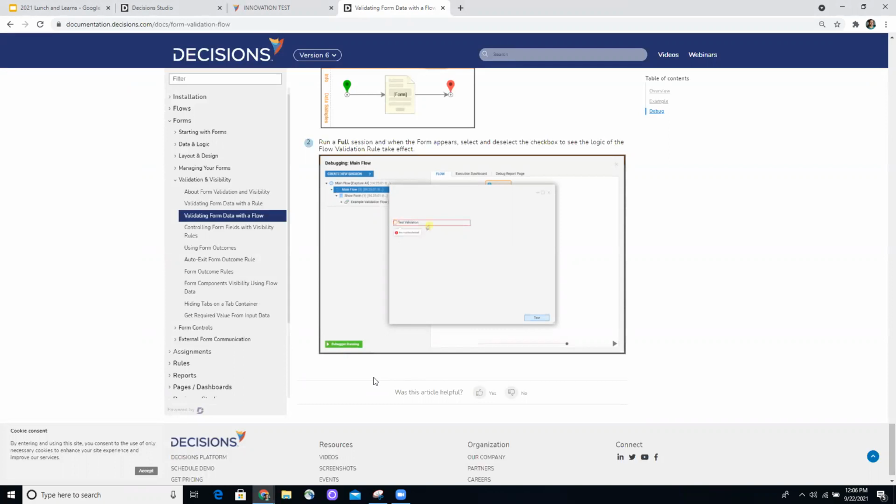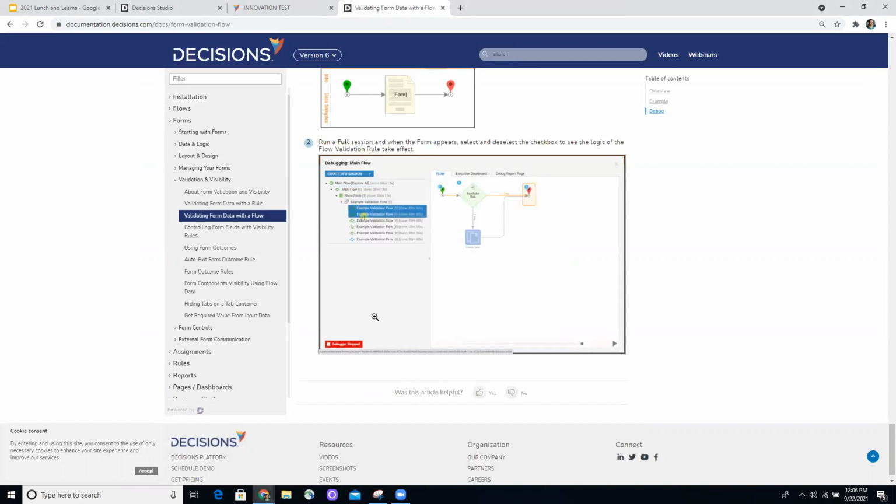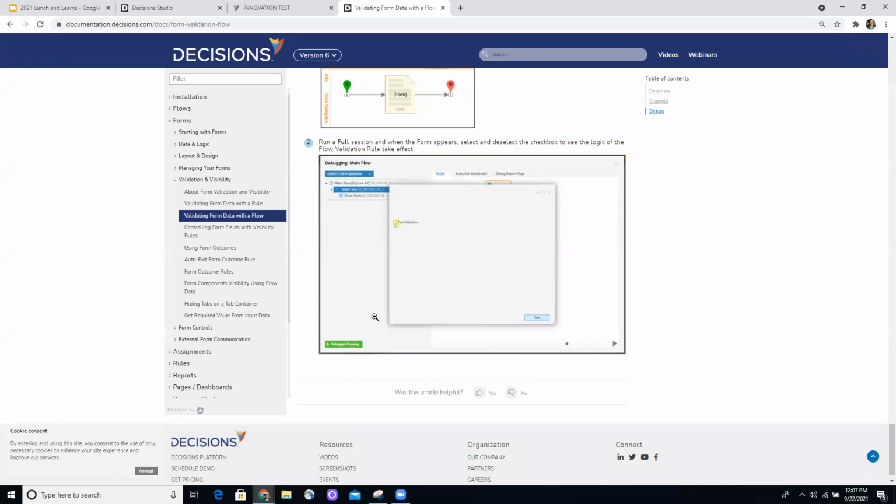I cannot get that message. Doesn't matter what I did. So that's my frustration. I don't know what I am doing wrong. However, we will figure it out. That's one question, but that's not the important one. The important question is this: is it possible to use the flow to validate a field in such a way that if the field does not pass, the form will be stuck in the same way as a rule? Yes, this is entirely possible. You're on the right path, and you can see the message now.